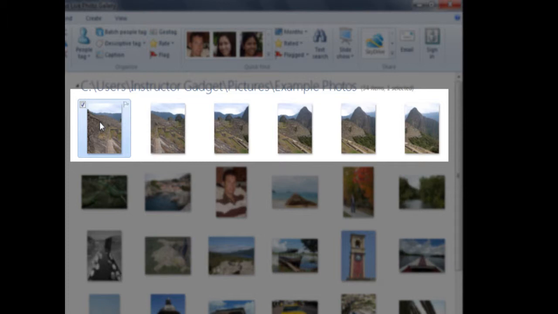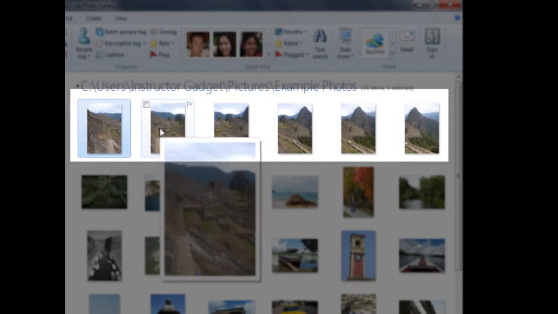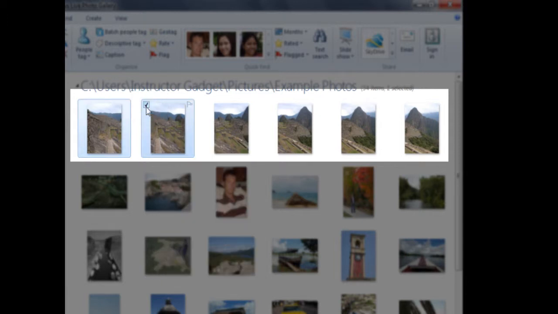If I hover my mouse on top of the second photo, you'll see that there's a small checkmark box in the upper left-hand corner of the photo. As long as I click inside that checkmark box, I will keep the previous photo selected as well as select this photo. Personally, I find it a bit tricky to always click inside those checkmark boxes, so what I like